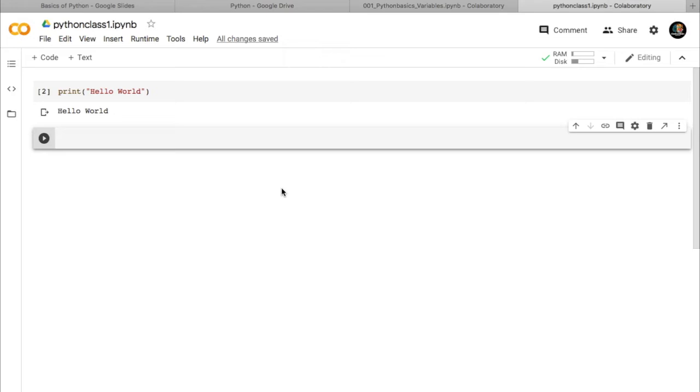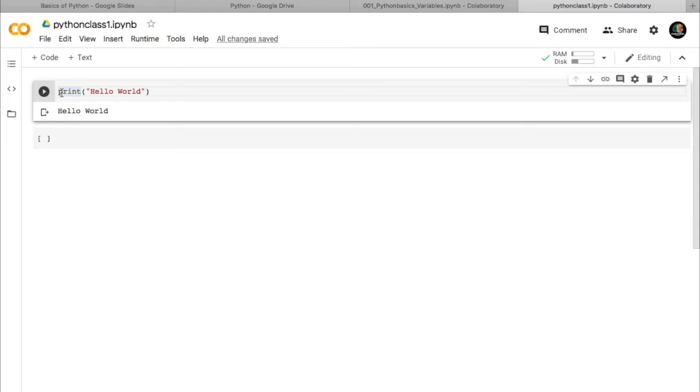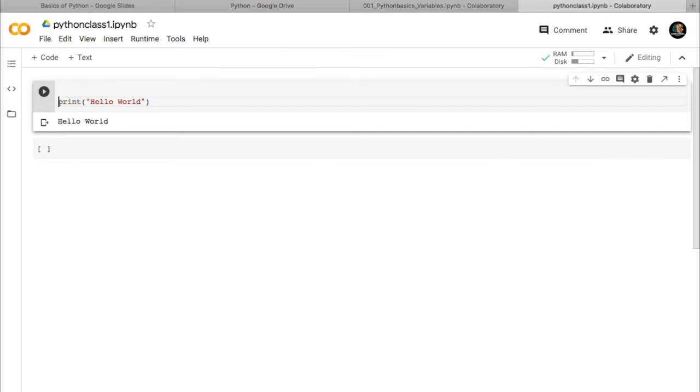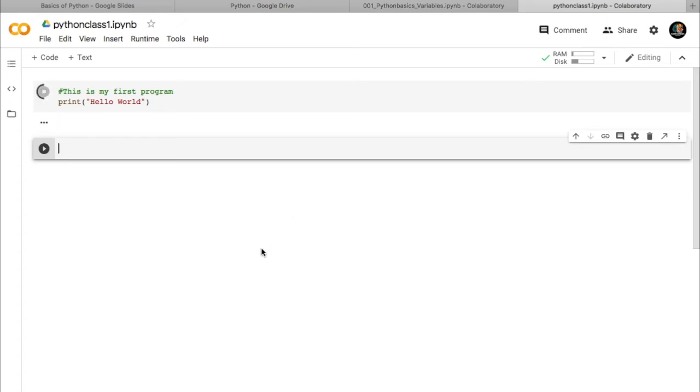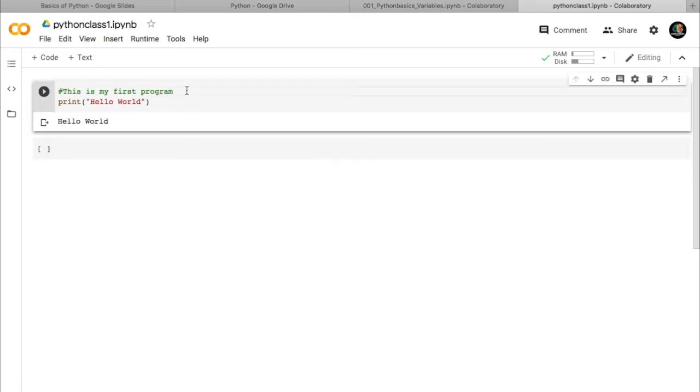If you need to put some comments in Python, that is some values that you have to read but computer need not show that or need not execute that. So for typing in such values, you can always use a hash key. Okay, so afterwards you can simply type anything. This is my first program, and if you are executing that, still you can see hello world, but this thing it will not be getting executed because this is a comment.